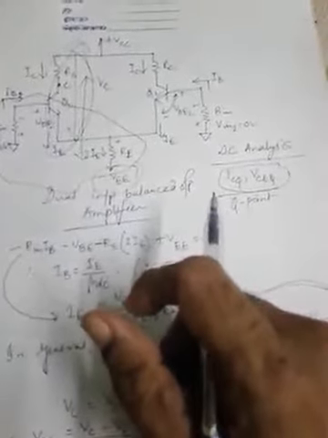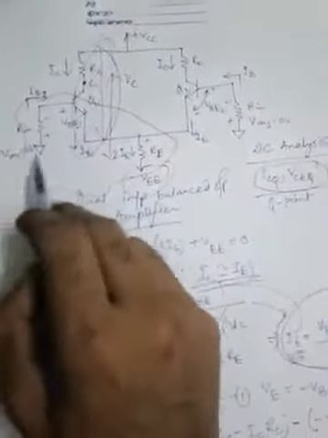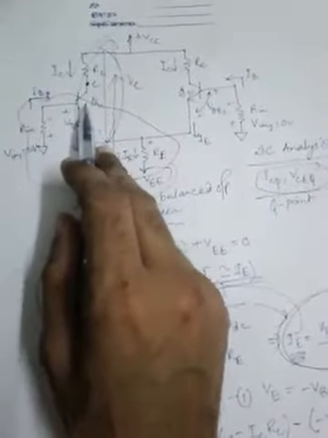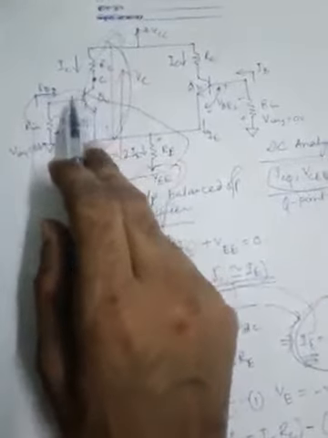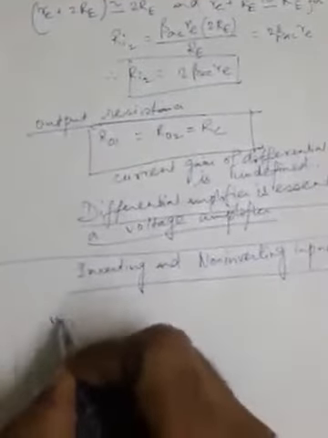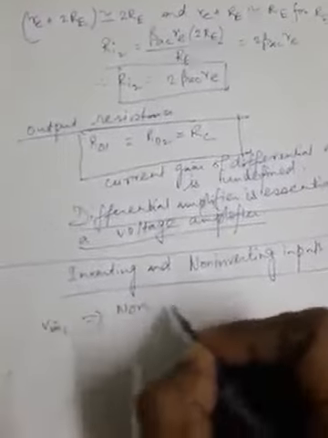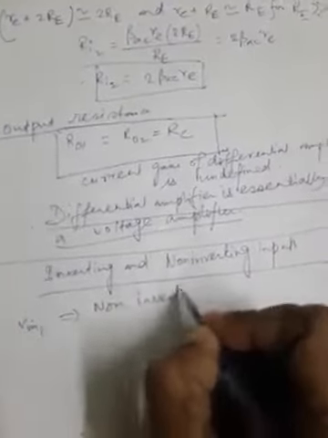In the differential amplifier circuit, which we have come across, the basic circuit, the input voltage V in 1 is called the non-inverting input. That means this V in 1, which is applied to the base of the Q1, and this base terminal for Q1 is called the non-inverting input. So this is non-inverting input. If we write fresh, V in 1 is non-inverting input